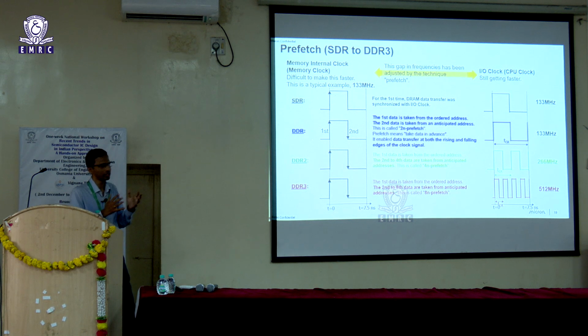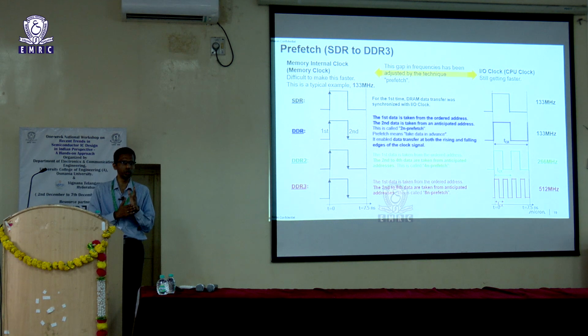So the way we are doing it is internally, once an address is fetched, rather than just fetching that particular data, we will also fetch the adjacent data, which is like the next column or next row based on how the architecture is defined. So that data also gets captured. Similarly, going to the next generation, rather than just capturing 2 data, we start capturing 4 data. So in effect, you have now quadrupled your frequency. And similarly, the next generation was 8 data prefetch, and now it's like 16 data prefetch.